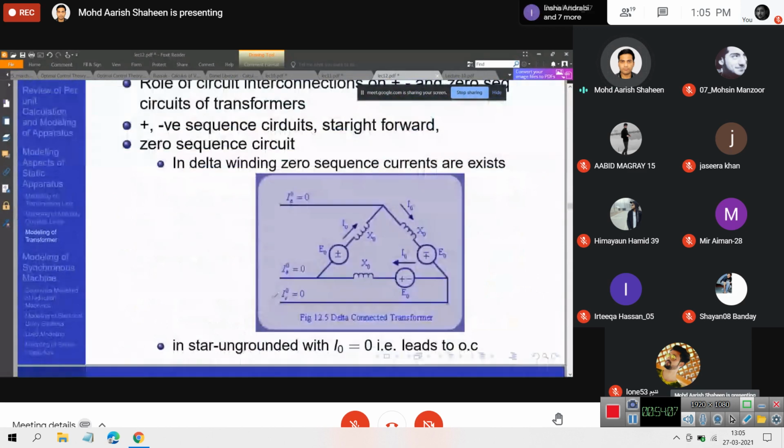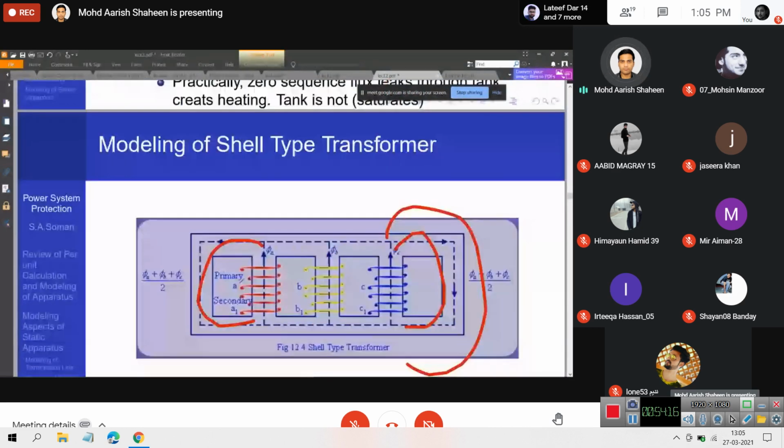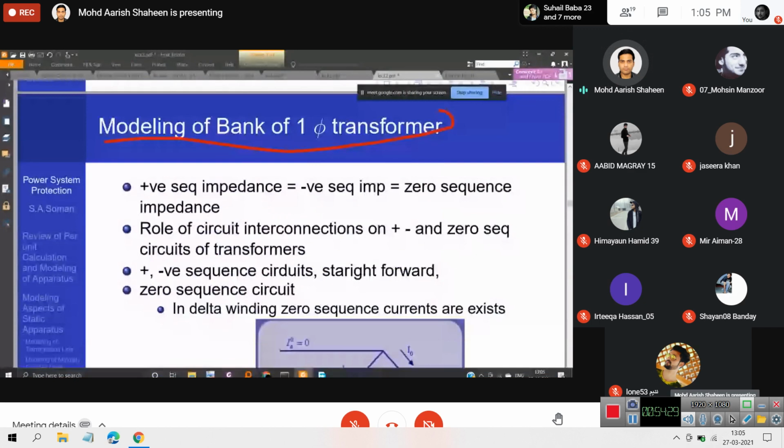Another complication is obtained because we typically in many cases go for different kinds of connections of our transformers. So for example, we can have a 3-phase transformer like this. Even if we have a 3-phase transformer, we have individual phase connections. So for example, ये winding A है, उसकी secondary है, winding B है, उसकी secondary है, winding C है, उसकी secondary है. उनको आप different connections लगा सकते हो. How many connections do we have? We can have a delta connection.